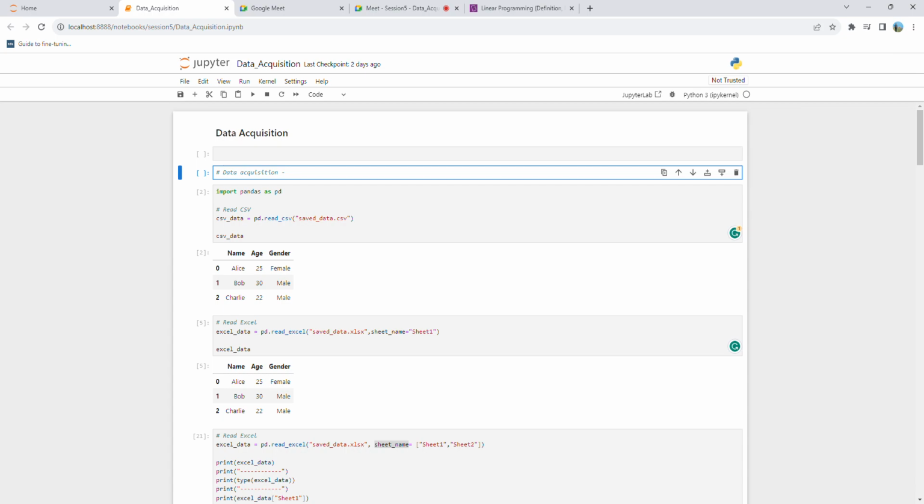Different sources, as in what can be the different sources? The different sources can be some database. You can have an Excel file, a JSON file, or a CSV file, or maybe the data is at a URL from where you want to get the data, or maybe it is embedded. Let's say you have a Flipkart site and from there you want to extract relevant data and create a tabular structure. So there are many sources from which data can be acquired, and that is where this data acquisition